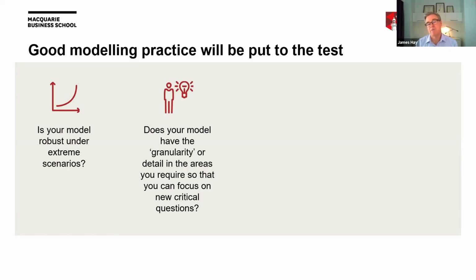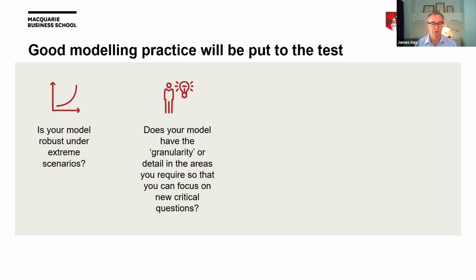And maybe your model was never built with the idea that revenue would go to zero. And when you put zero in as an input, you get a lot of error messages. So can your model cope with the current extreme scenario? Does your model have the granularity or the detail in the areas you require so that you can focus on